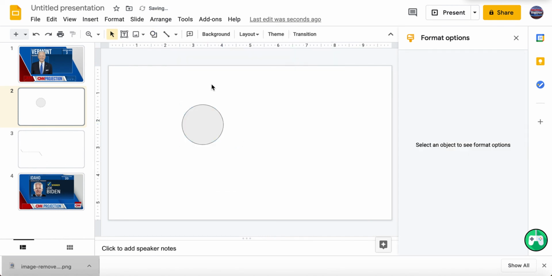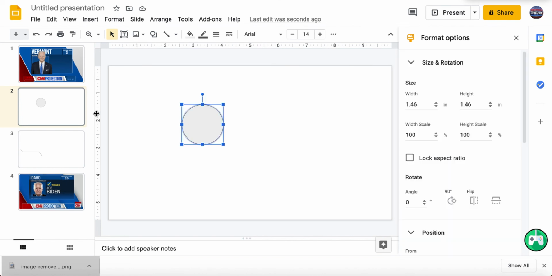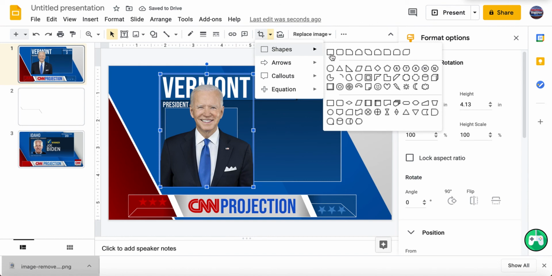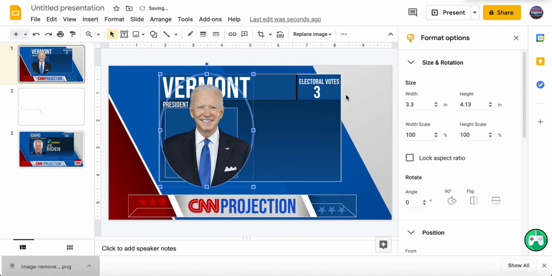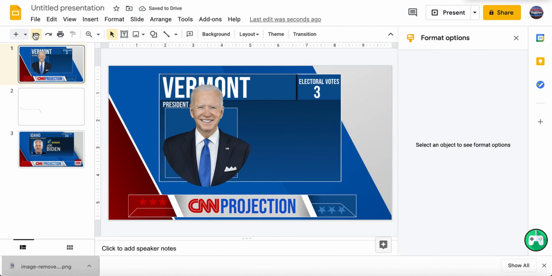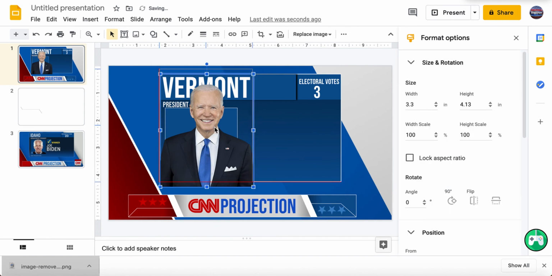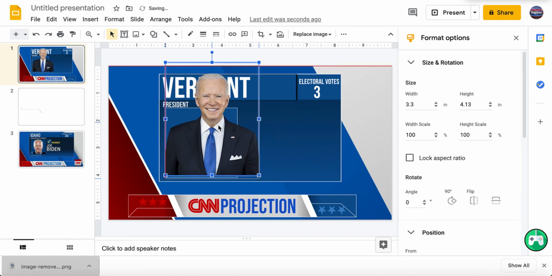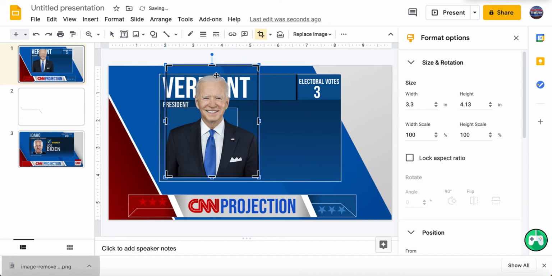I would edit it so that only the background's there, and then I would throw somebody behind that. And I literally could have just done that, and then boom. But whatever.